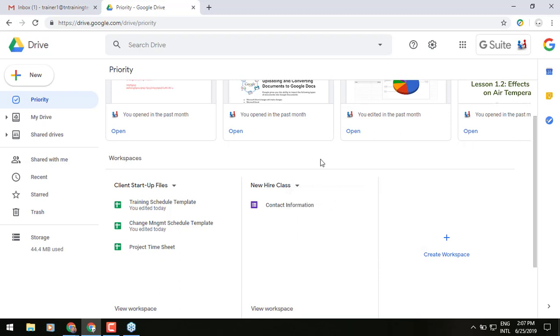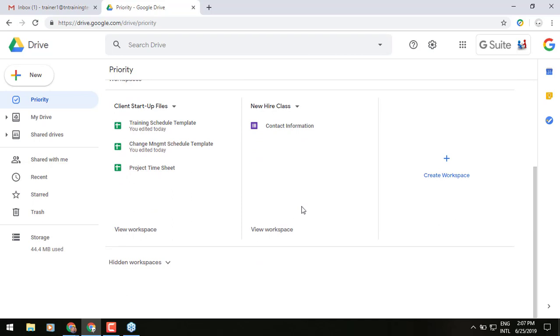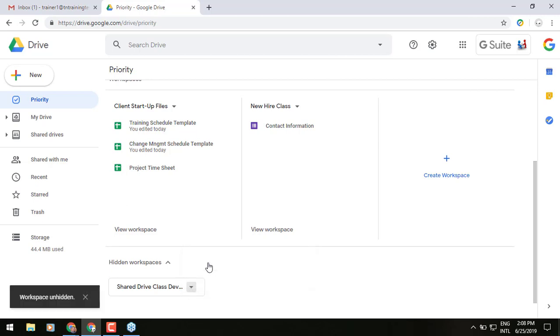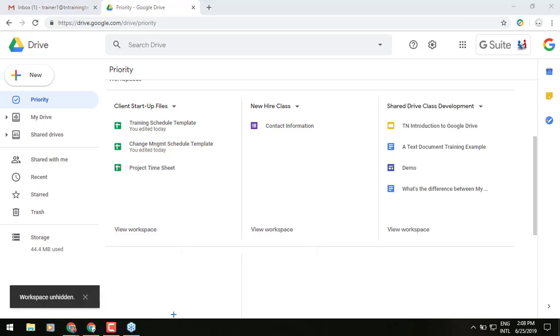Well, if we hide something, you'll see if I scroll down a little bit, you'll see hidden workspaces, and I can see all of the hidden workspaces that I created before but just wanted to put aside because there are other ones that are more important that I need up at the top right now that I'm currently working on. You can go to those hidden ones and say, you know what, we need to work on this again. We click on unhide,